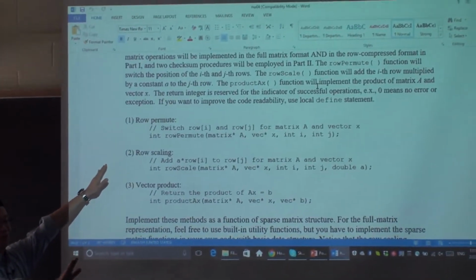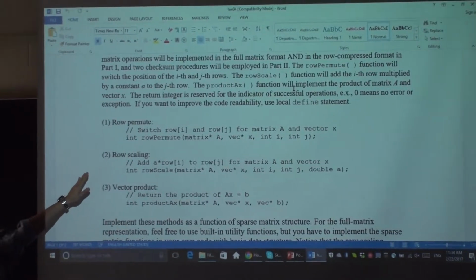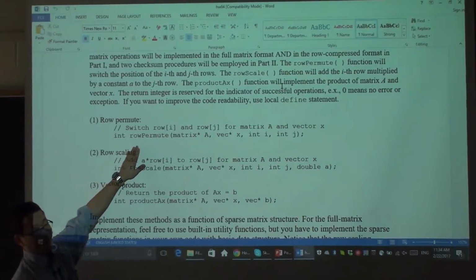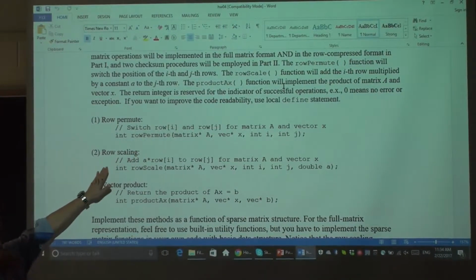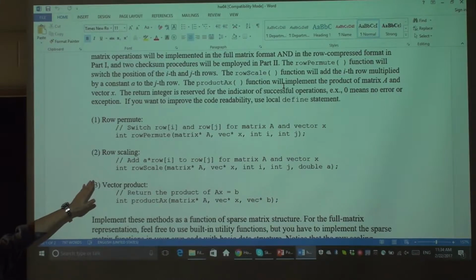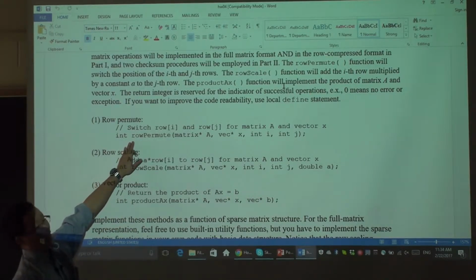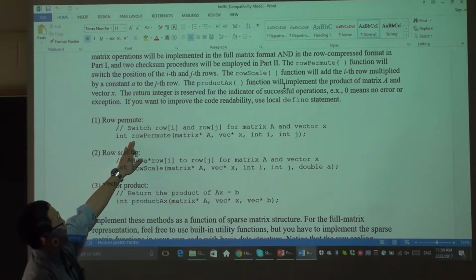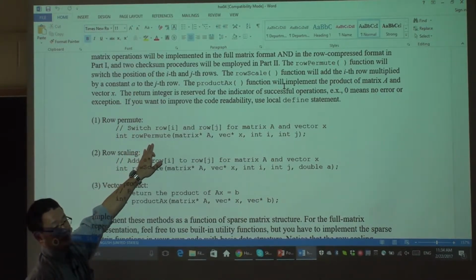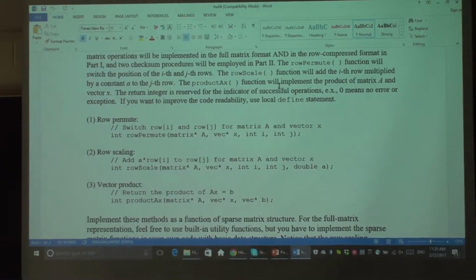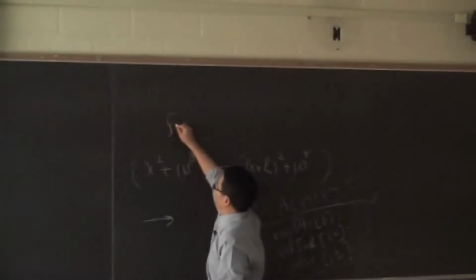That's up to you. Okay, you want to practice the namespace. You want to create a namespace that uses exactly the same name. That's your choice. But for sure, in any function, you cannot create a function with exactly the same name without association because the compiler will kick you out. In the MATLAB way, you add a header for row permute. Or in the C++ namespace way, it will be something like this, right?